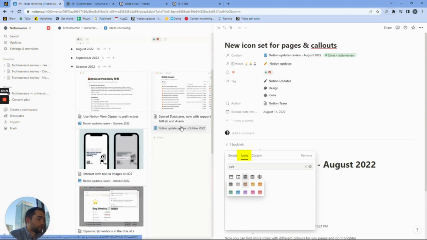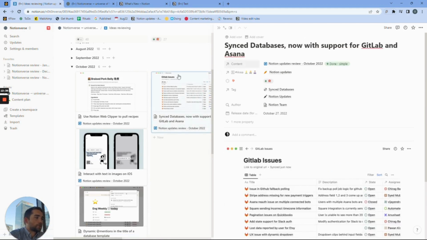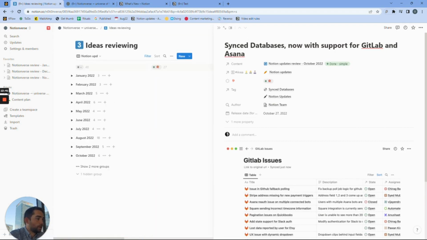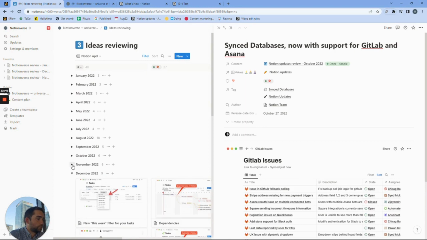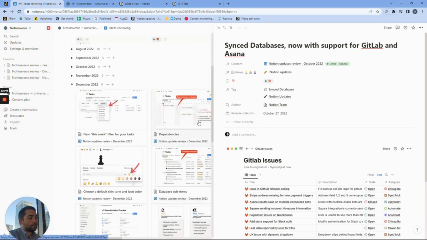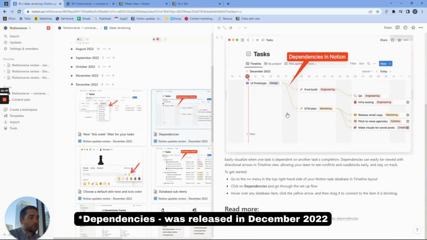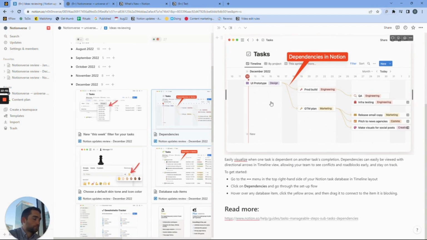but you can check the updates which, in my humble opinion, I decided were not important. Sync database now supports GitLab and Asana, so that's the sync database feature in October. In November, Notion added dependencies. So now in timelines you can choose connections between tasks, and it helps you visualize the order in which you can finalize